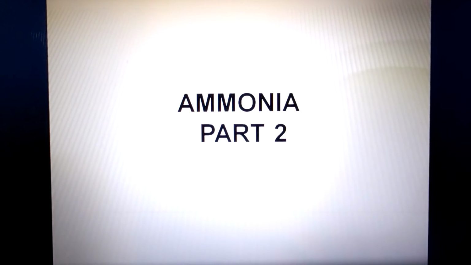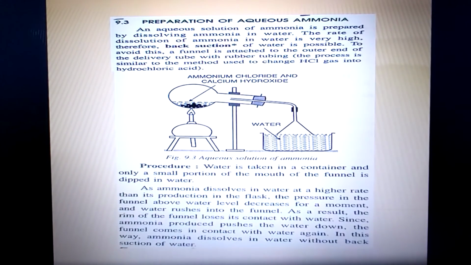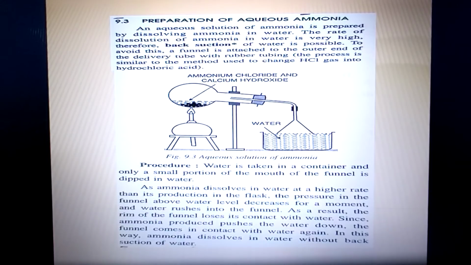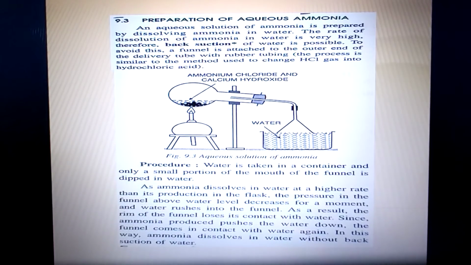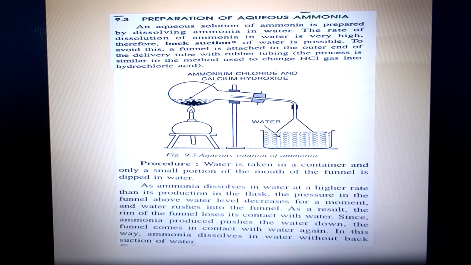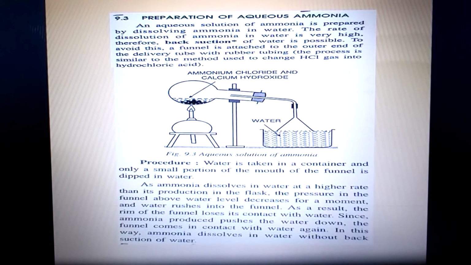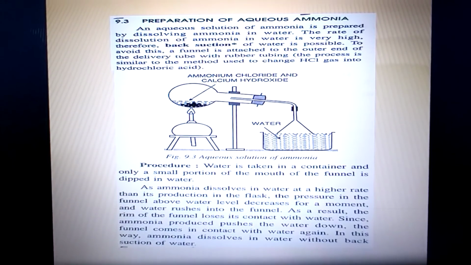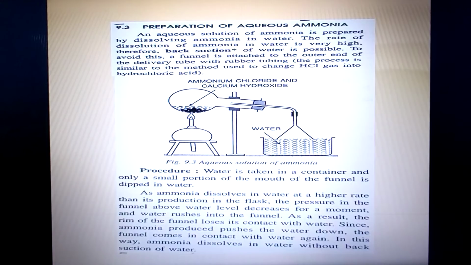We'll continue with the chapter ammonia part 2. In the first video, we learned the preparation of ammonia through the lab method. Now, once ammonia gas has been prepared, how to make it soluble in water, and that is how to make